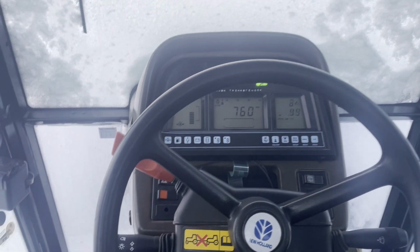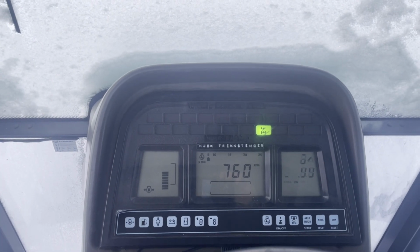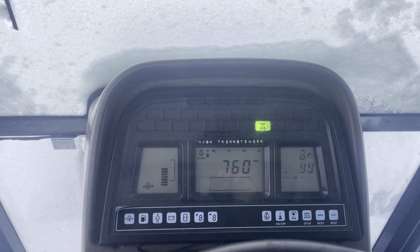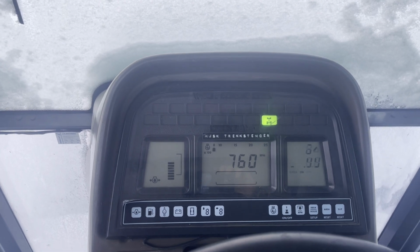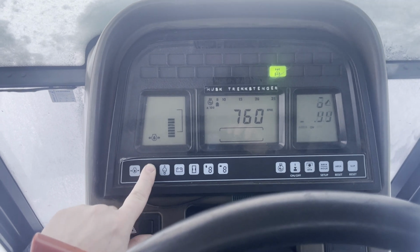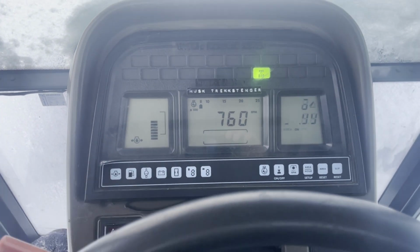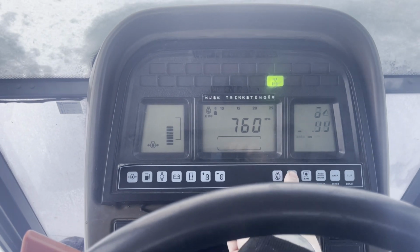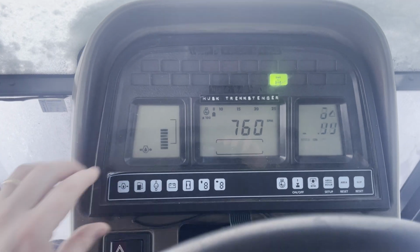Hello folks, so I just wanted to show you, this is my New Holland M115, 1997 model, and now I have the problem that the buttons are not responding anymore. This is quite a common problem for this series, and I have already taken out